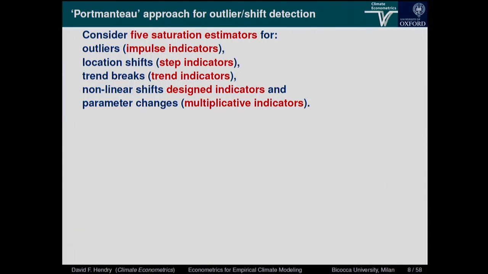And very often in the robust statistics literature, you've got to know the model, and then you look for outliers. Well, I think that's a meaningless procedure because you can't know a model. You've got to find the model at the same time as you're finding the outliers that might or might not be associated with that model. And that applies to all of these. And then for location shifts, we've had step indicators for quite a long time. I'll talk a bit about trend breaks and using trend indicators.